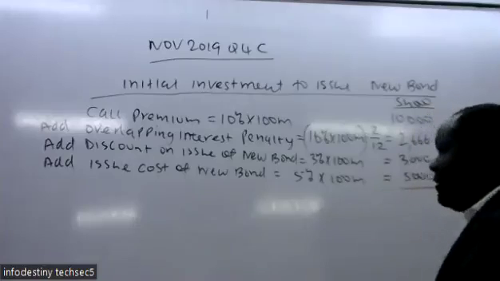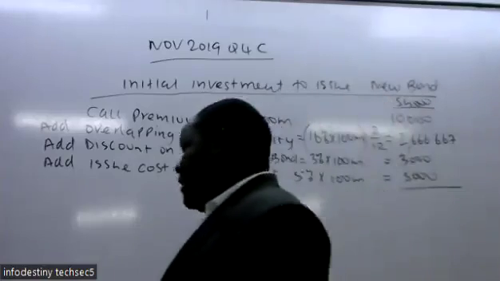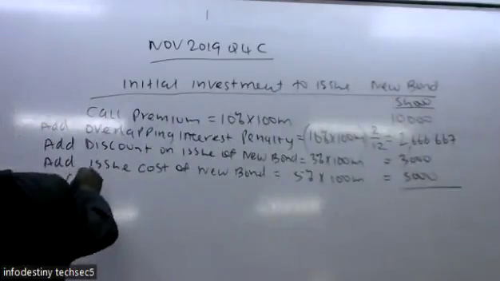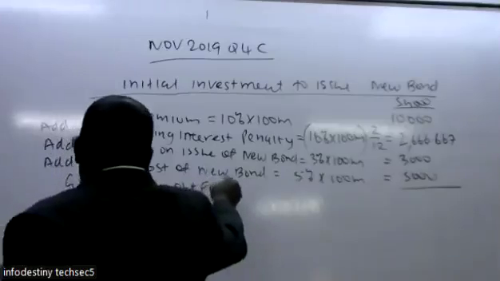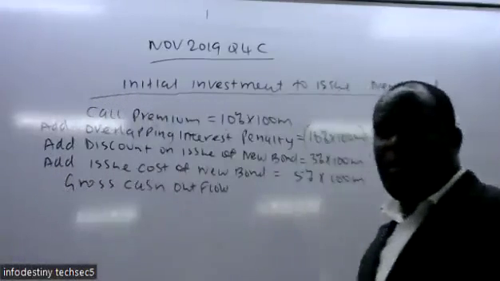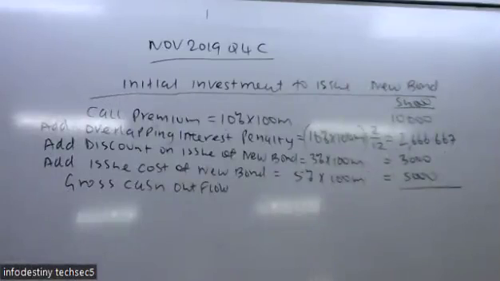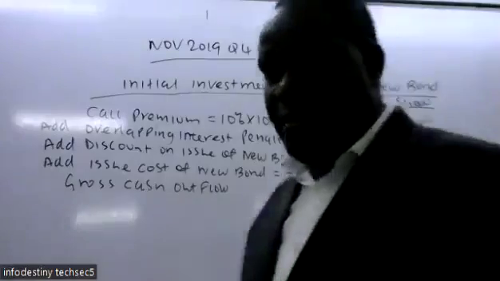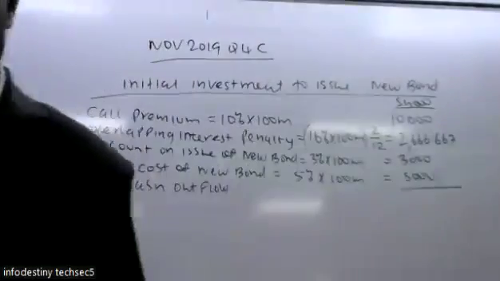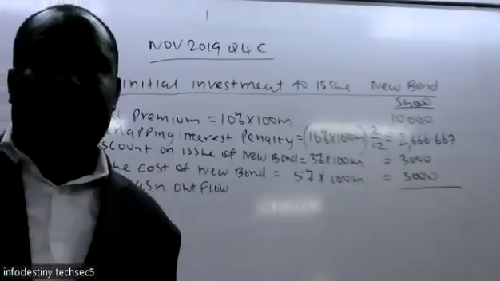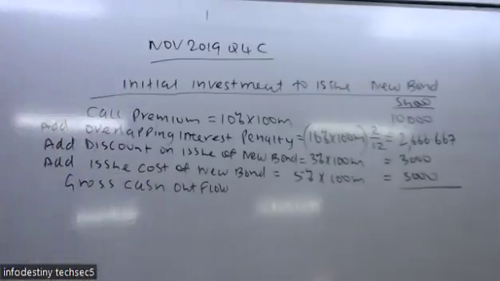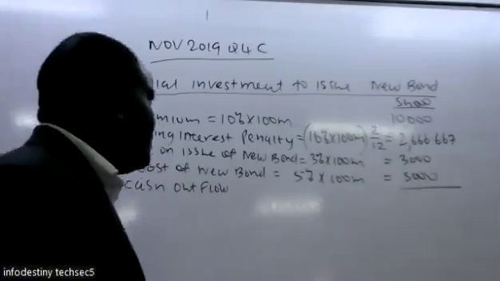So first you add them together to get the gross cash outflow. So you add them together so that we come up with what is supposed to be the gross cash outflow. When you add them, they are giving us a total of,